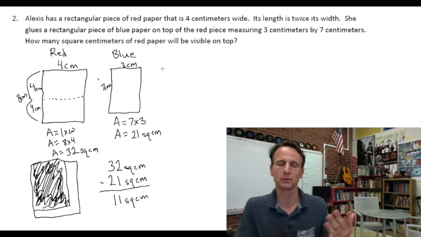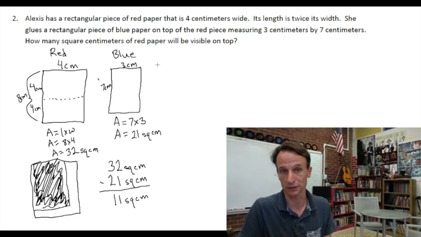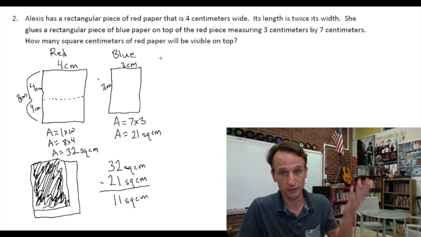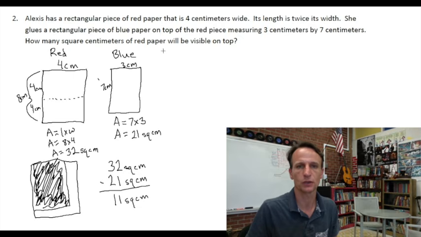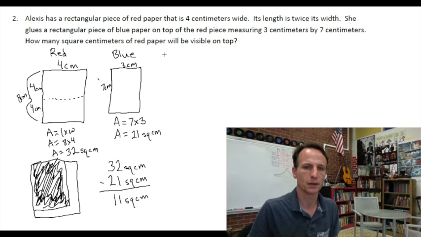And now let's give a little statement. We didn't have to do a statement, by the way, in that first one because it said, what is the perimeter? And we had P equals. That's our statement. P equals, there's your perimeter. But now we have more of a question. So we can say 11 square centimeters